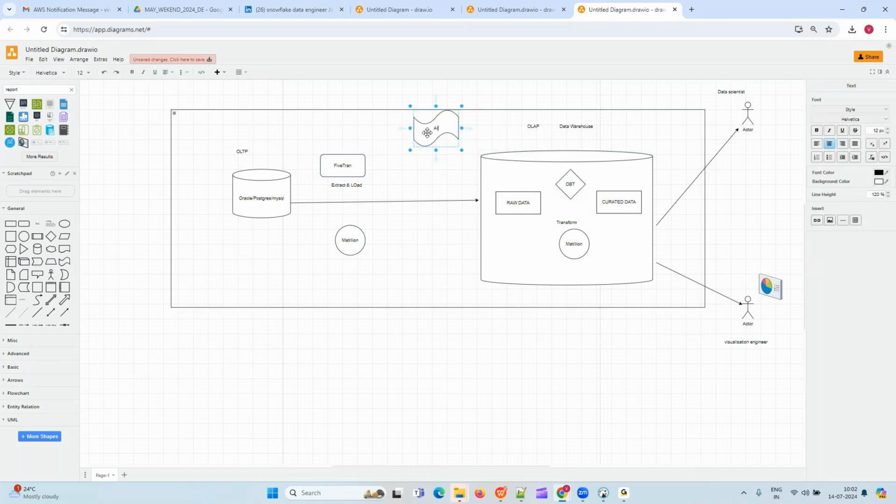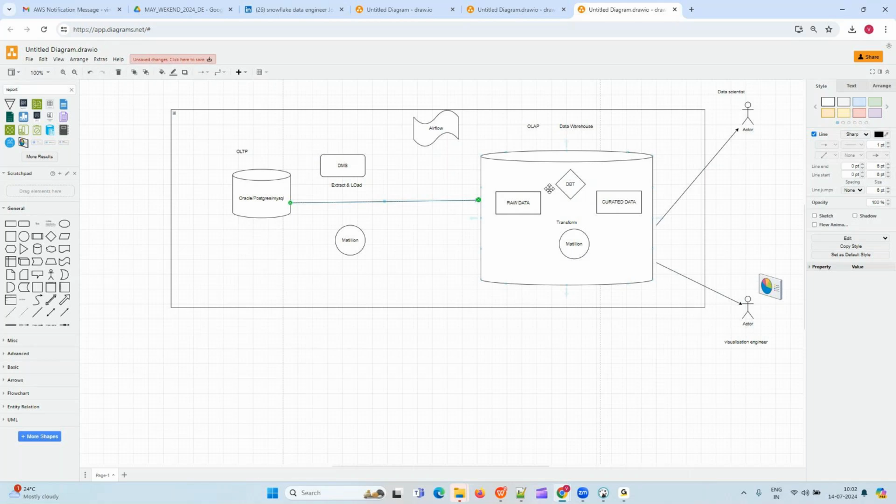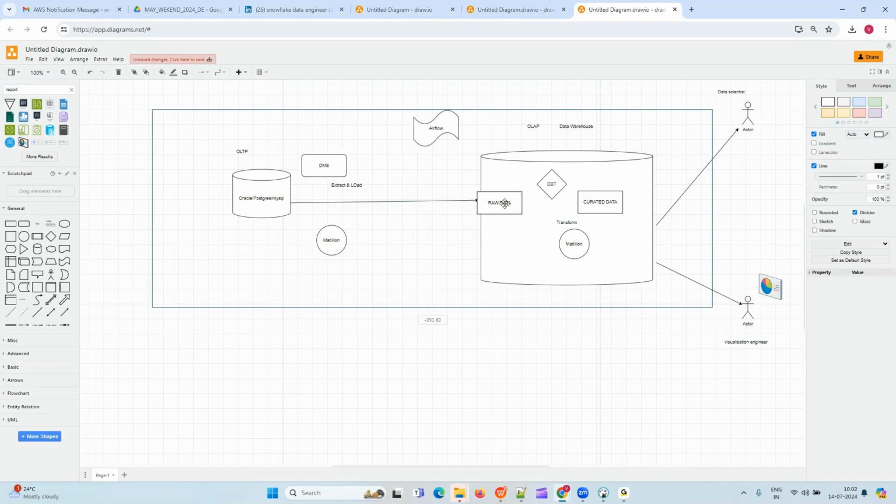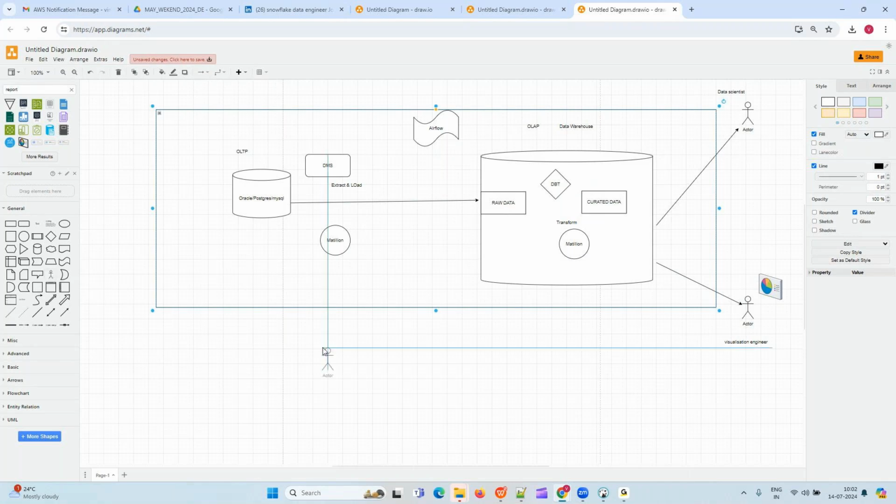That is why my course is designed this way. One pipeline we are going to build with Matillion and Snowflake. The other pipeline we are going to build with Airflow and DBT. Instead of Fivetran, I'm using one AWS service called DMS, Data Migration Service. There are a lot of tools in the market, but DBT plus Snowflake plus Airflow is one of the hit combinations, including Fivetran actually. Matillion and Snowflake is also one of the hit combinations currently used in projects. So is it clear, guys, who a data engineer is and what he does?